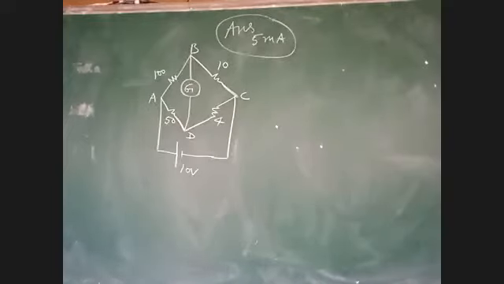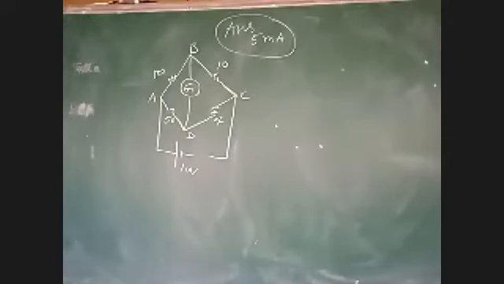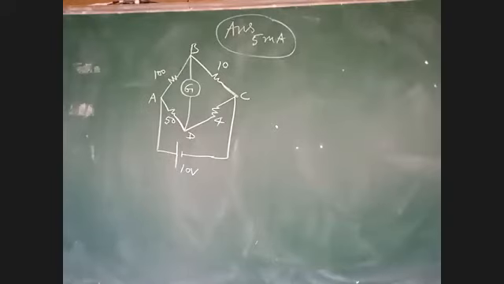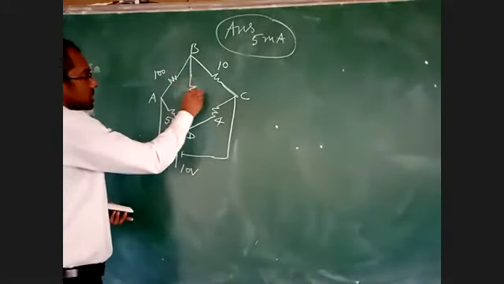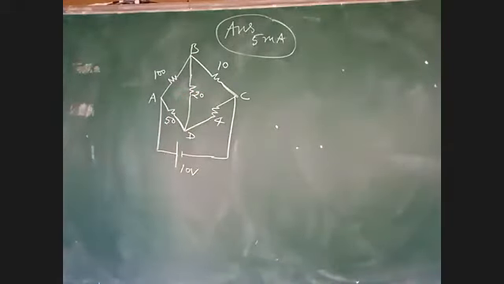Okay, see here. In the problem, there is a galvanometer. Why is a galvanometer used? To detect very small amounts of current. Galvanometer is used as a detector for small amounts of current. And what is the resistance given for the galvanometer? 20 ohm. Inside the meter we have the resistance, and the resistance of the galvanometer is 20 ohm. He is asking us to determine the current in this 20 ohm. Okay.